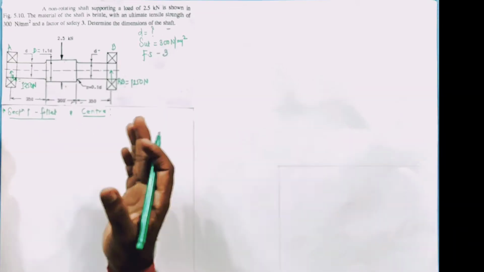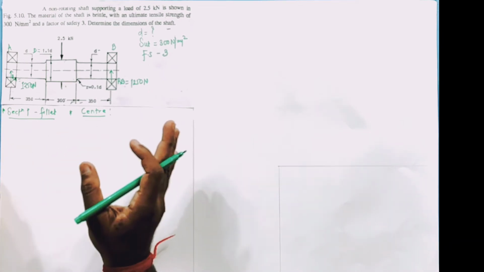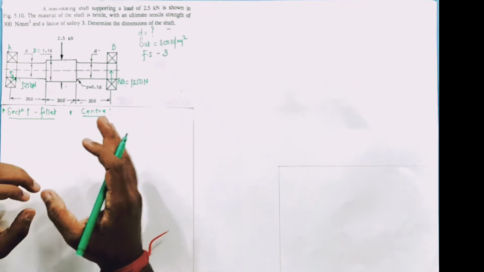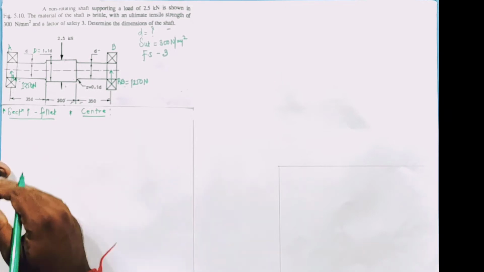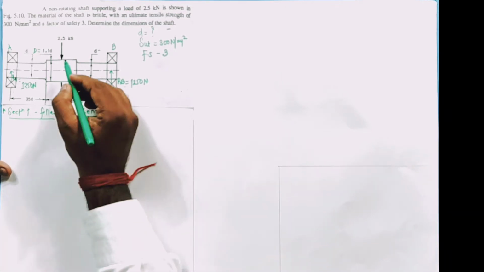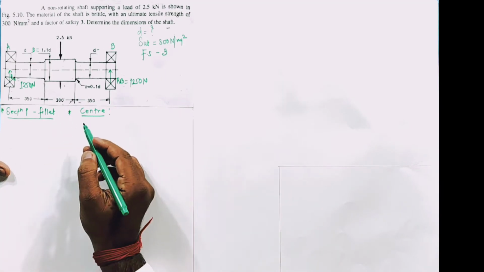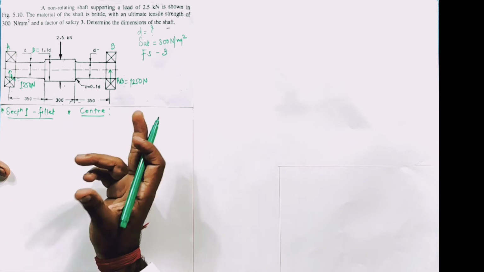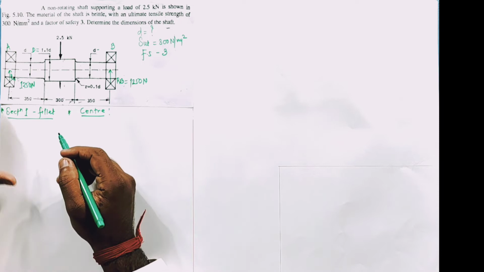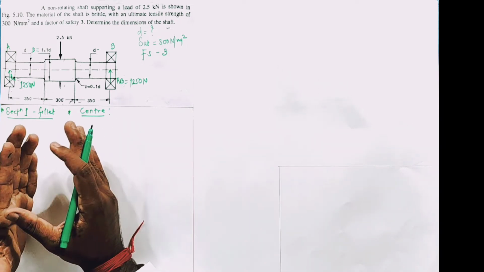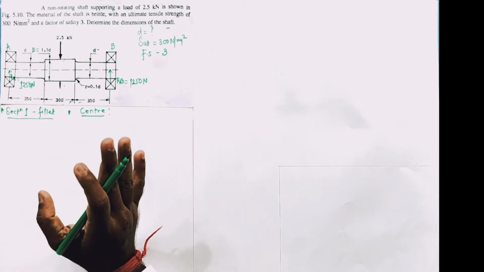If they have given in the numerical, purposely calculate from the fillet point of view, you will have to take a fillet. And if they have suggested center, you can take center. So I'll tell you two methods to calculate this one. Now see here, basically this is the enlarged diameter. I can say it is a capital D. So as I selected the two sections, fillet and center, I am going to solve accordingly. So first of all, by reading the diagram, which graph is suitable out of the 5 graphs which we have learned in the previous session for the theoretical stress concentration factor?